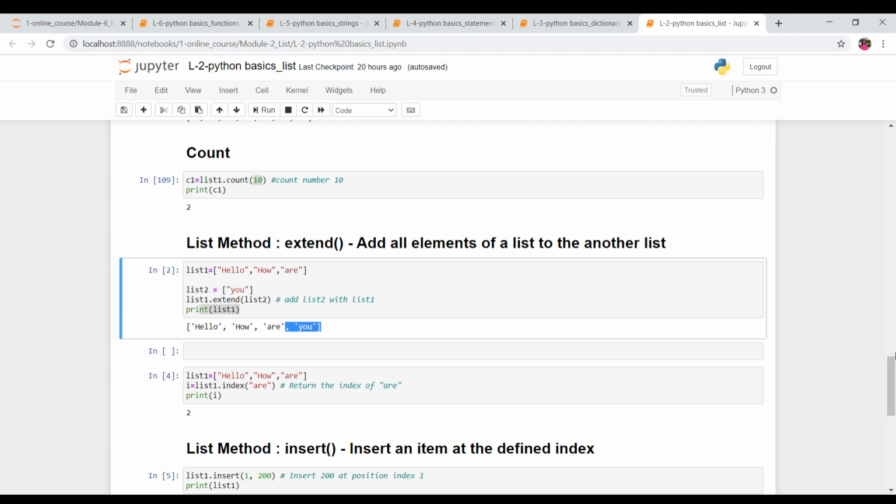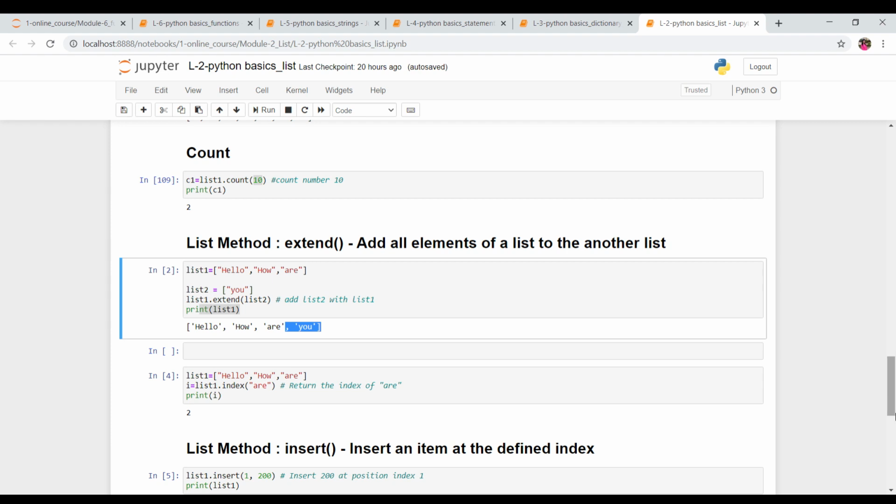Later on, we will see the practical application. Then only you'll understand why we have studied all these things, because later on, while working on real problems, we are going to use these methods. But right now, just understand what it is, what the syntax is, and what they are doing.